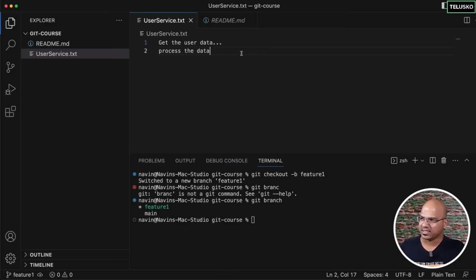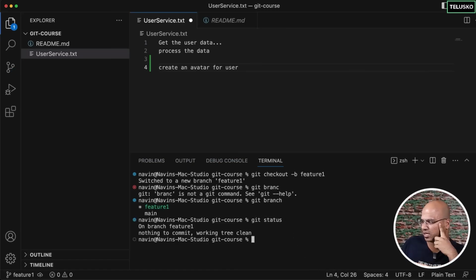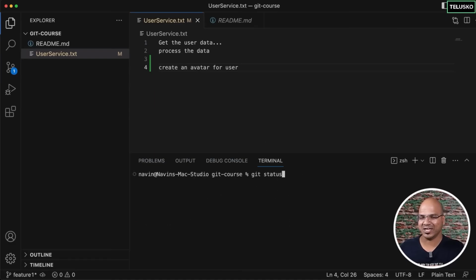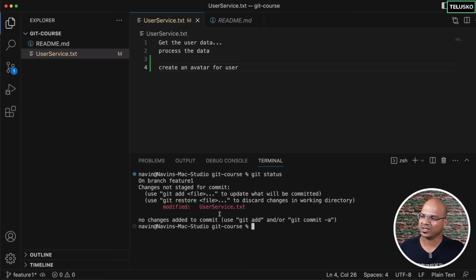Let me show you. Let's say I will do some changes here, okay? So I'm adding a new feature because this is an experimental branch, right? So I will say create an avatar for user. Okay, I will say save, and imagine this is a lengthy code. I'm just typing one line, but it can be a lengthy code. So once I do that, of course, I can say git status, and you can see in git status, it says on branch feature. Okay, it's not saved. My bad. I was expecting some unstaged message. Now you can see I failed to save it, and now I have saved it,